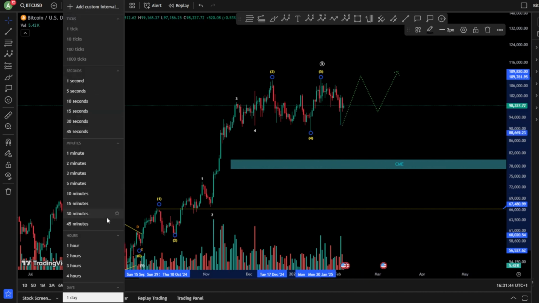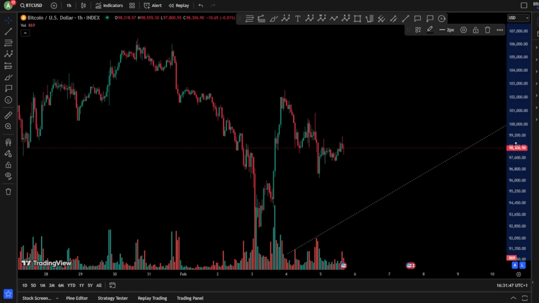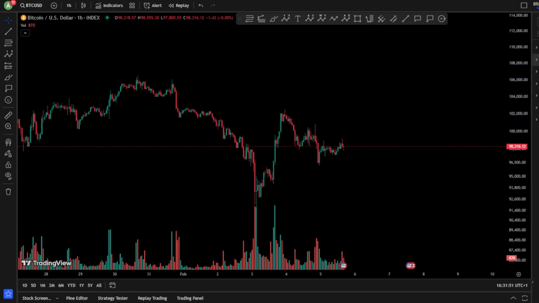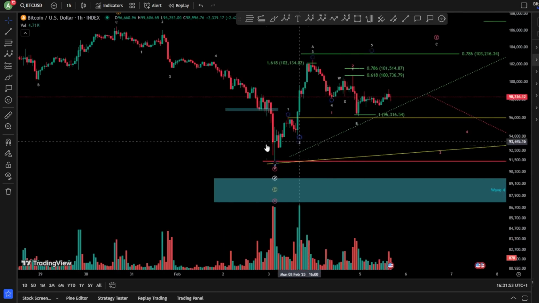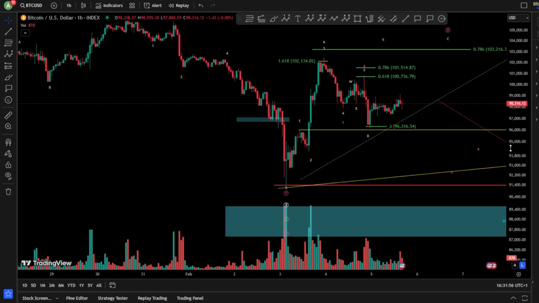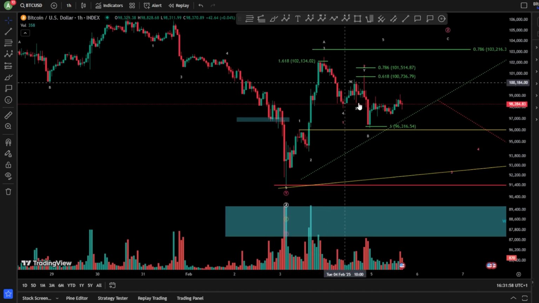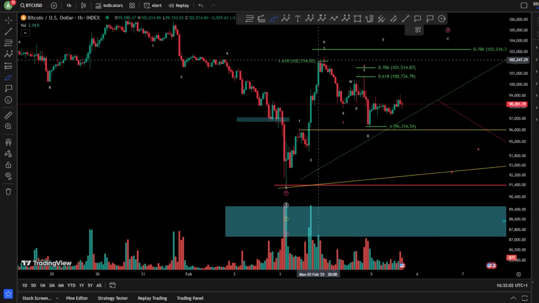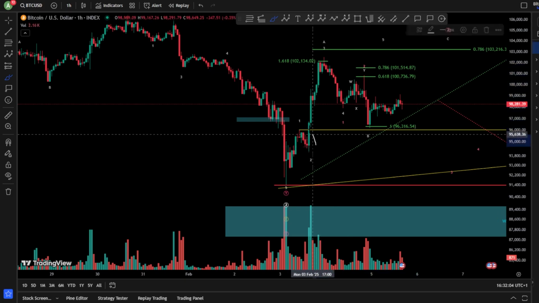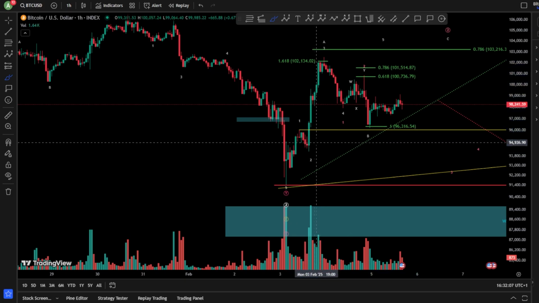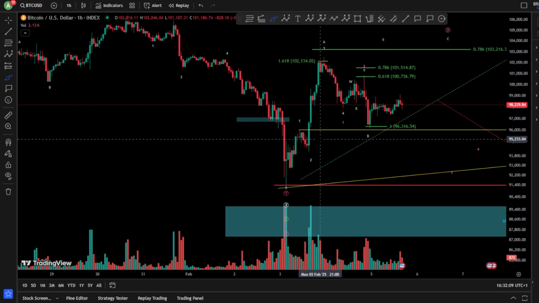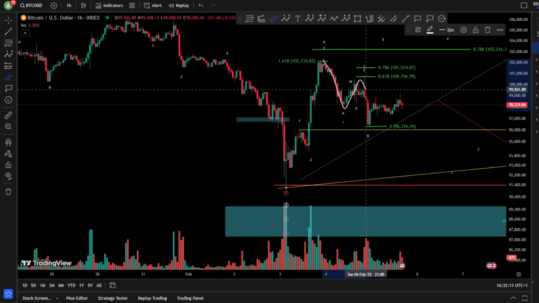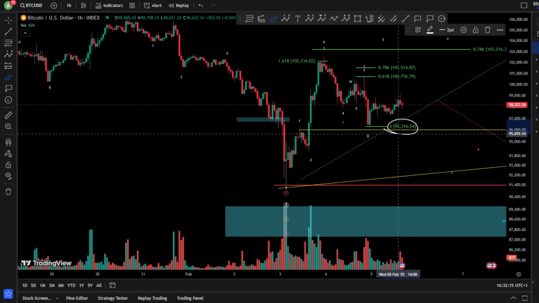So let's move to the 1 hour chart and see why we don't have a finished impulse, why the possibilities are getting lower for the bulls. So we are looking here after bottoming for this wave. We are looking for 1, 2, 3, and we're looking for a wave 4 and a 5, right? Your wave 4 is longer in time right now, more than I think 10 times your wave 2, right? And in this case scenario, of course, the wave 4 is perfectly bottomed here at the 1-to-1 fib level,